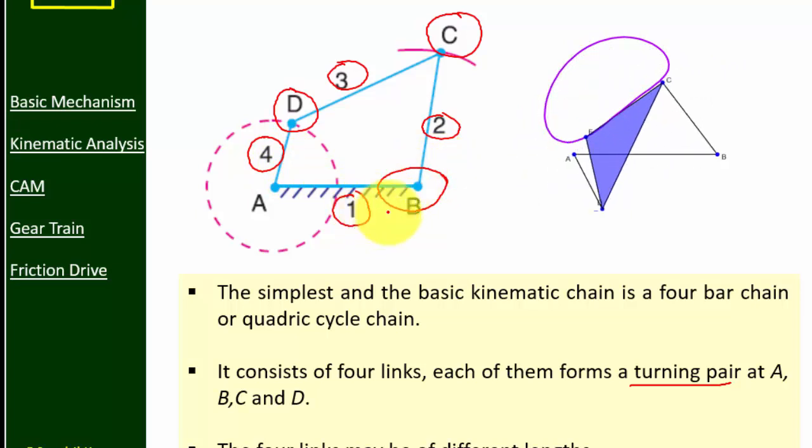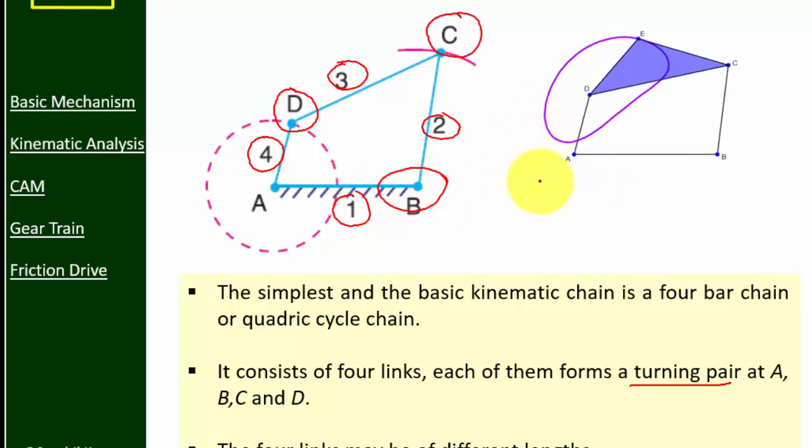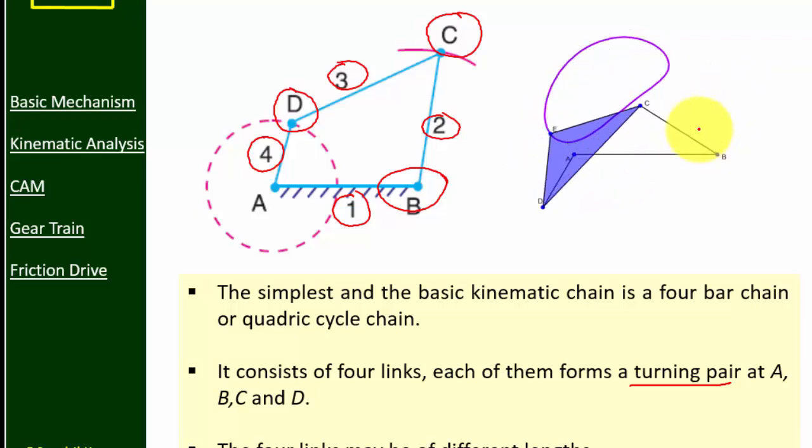Now the question is, what is the purpose of the 4-bar mechanism? The 4-bar mechanism converts the rotary motion of the crank into an oscillating motion of the rocker at the output. Here the rocker is BC. Can you tell me one application of the 4-bar mechanism? It's very simple. Our car wiper mechanism is an example of a 4-bar mechanism. Windshield wiper in a car: a motor rotates with the help of electricity, and the rotary motion of the motor is converted into an oscillating motion of the wiper on the windshield with the help of this 4-bar mechanism.